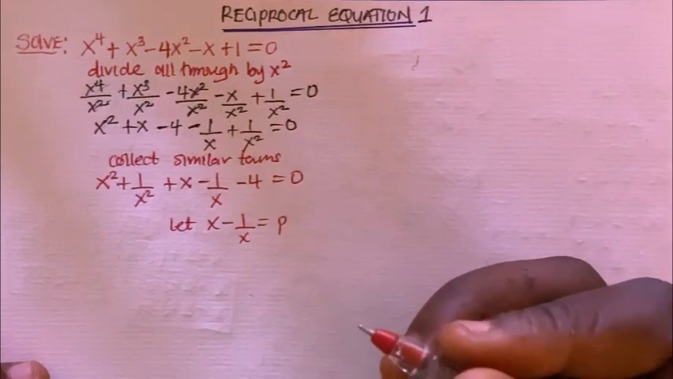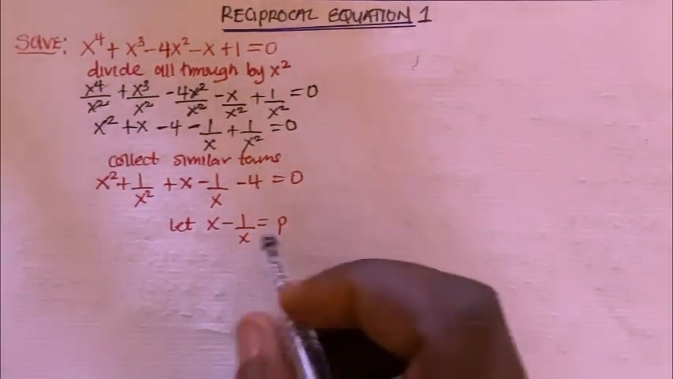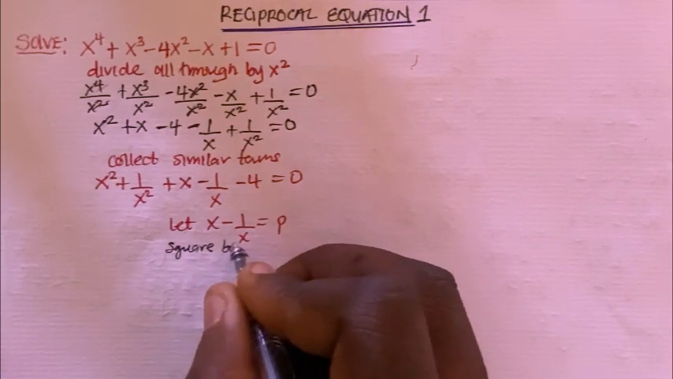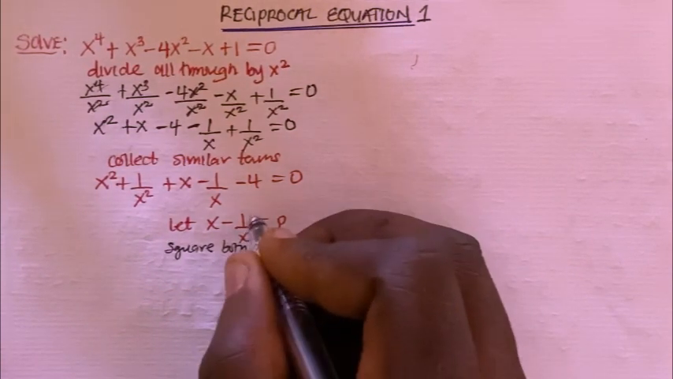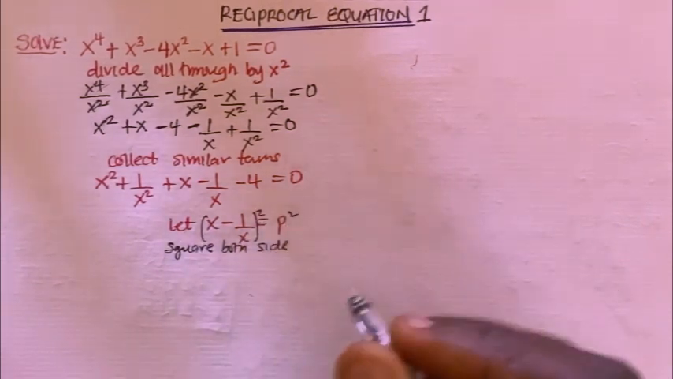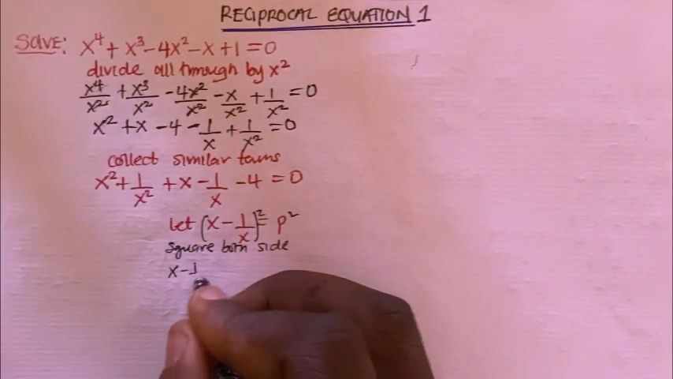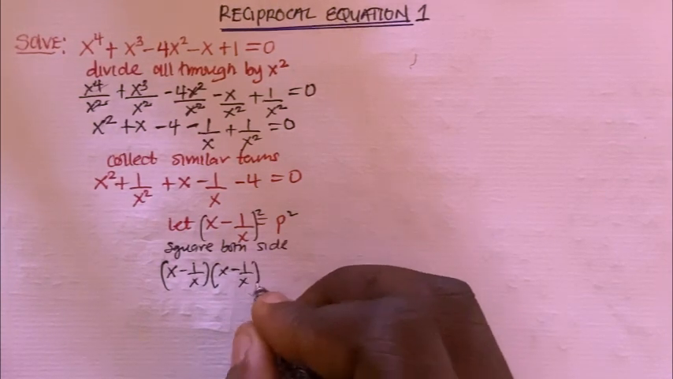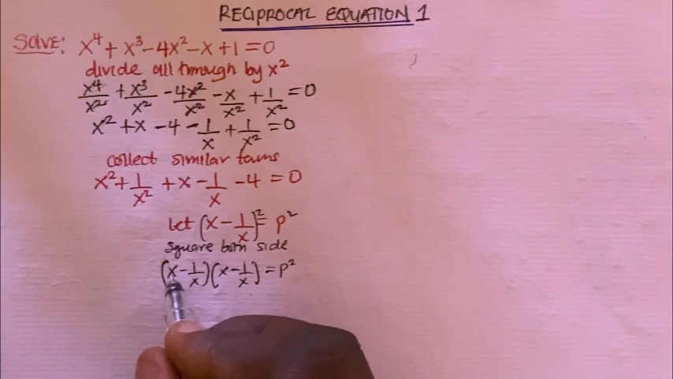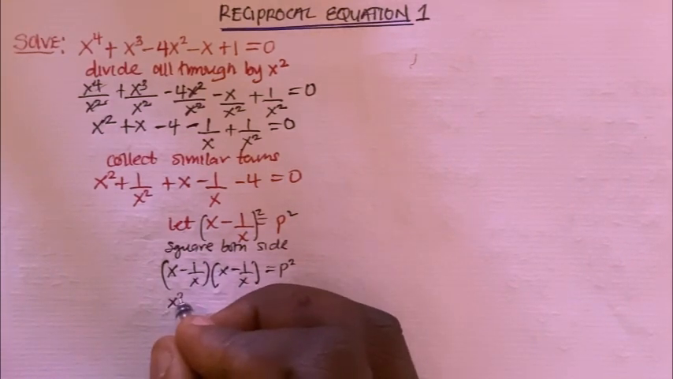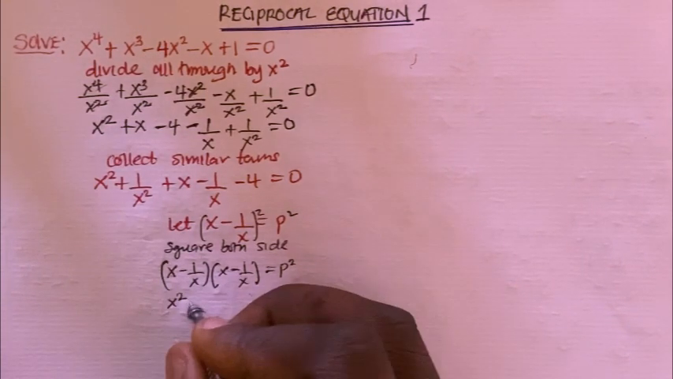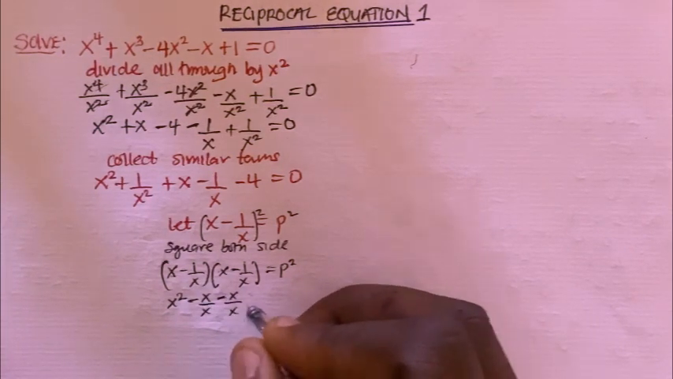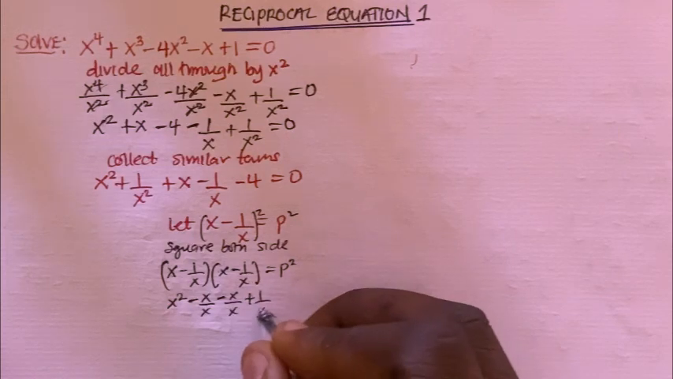p. Exactly. So now the next thing I'm going to do is square both sides, so that we have everything here squared. So here I'm going to have x minus 1 over x into brackets x minus 1 over x equals p squared. So this multiply this is going to be x squared, then this multiply this is going to be minus x over x, then followed by minus x over x, then plus 1 over x squared equals